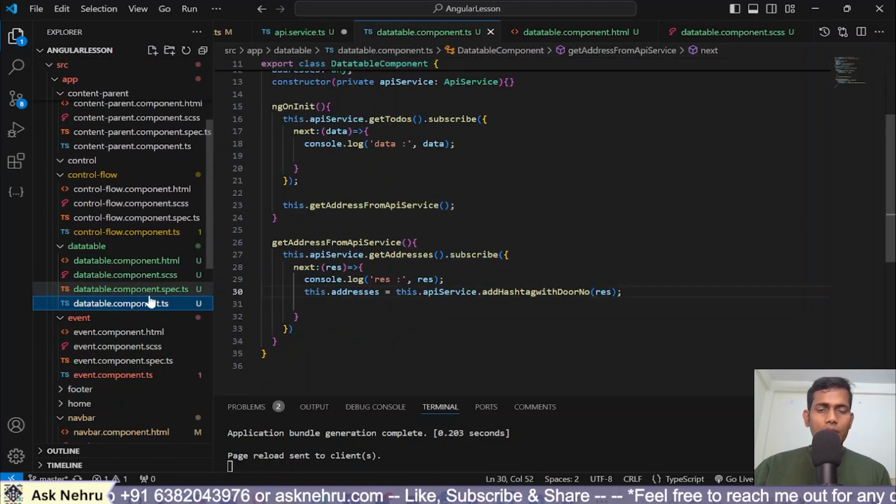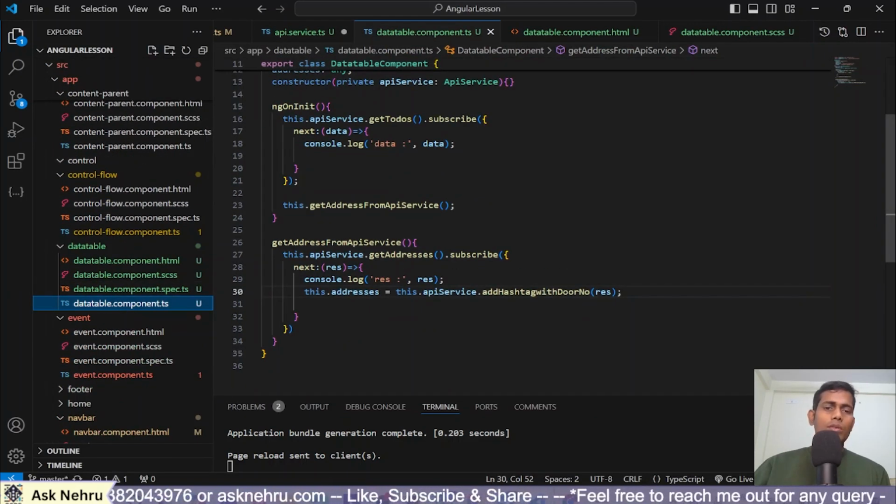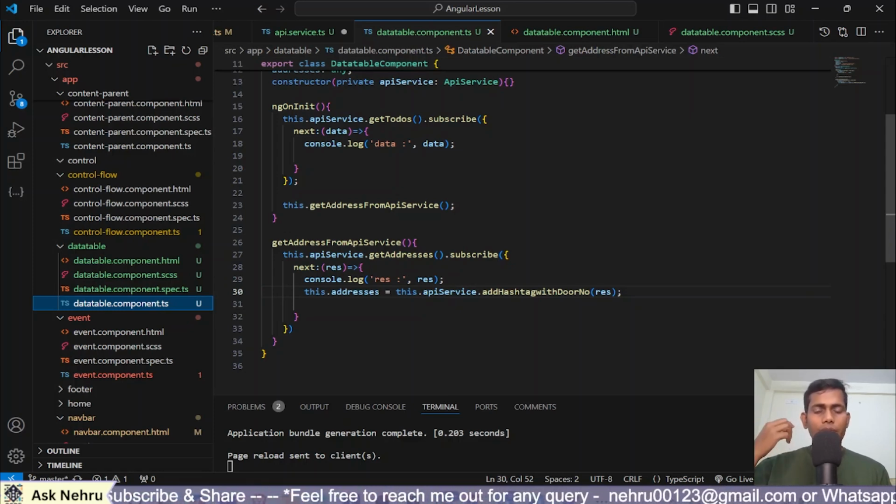and come to data table. Here what I want to do, guys, so I already called the API here. I don't want to call the same API again in different components. Rather, I want to reuse the value which is returned from the API. Okay, so what I do, guys,